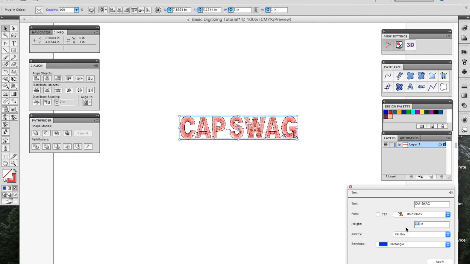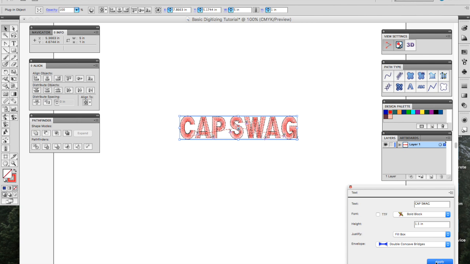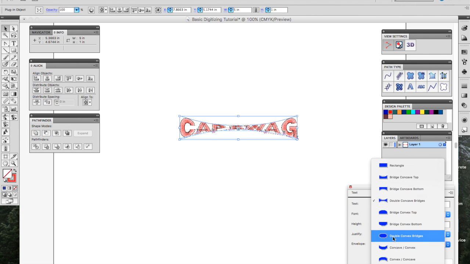So I really recommend using the fill box option and make sure that your sizes are as accurate as they can get. This just changes the shape of that box, the selection box. So if I do this, for example, it'll do that. You will use these. Sometimes customers do request like